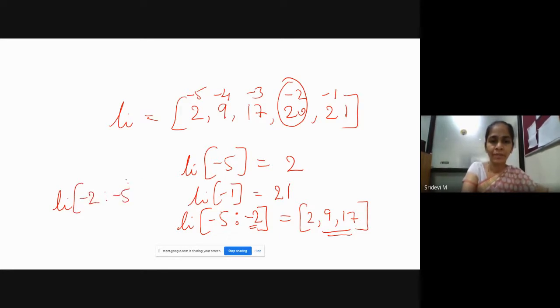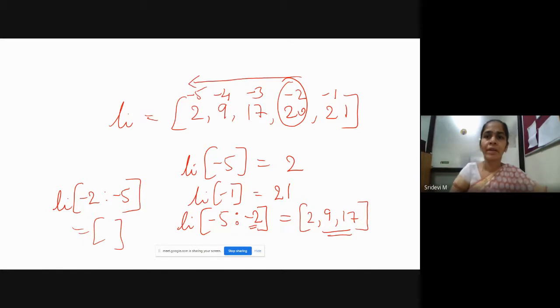Now list will behave in a tricky manner if you give the same slicing in this way. Now you can think that this slicing is also correct, but actually it displays an empty list because you have given the slicing index numbers in the reverse order from -2 to -5, meaning the compiler will not understand that -2 appears after -5.